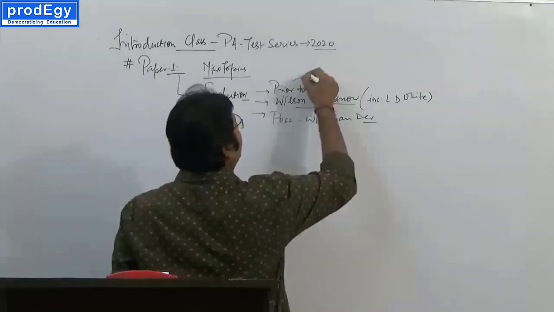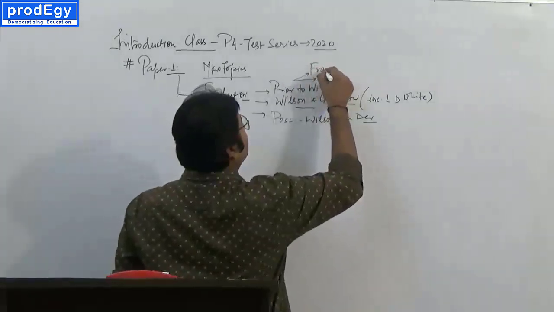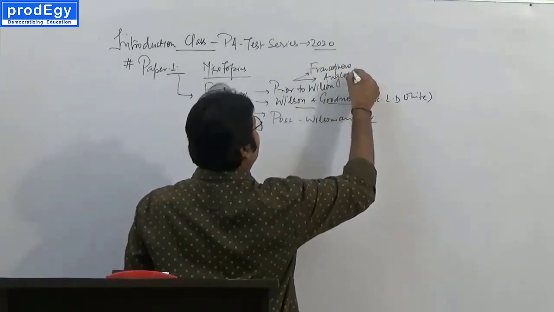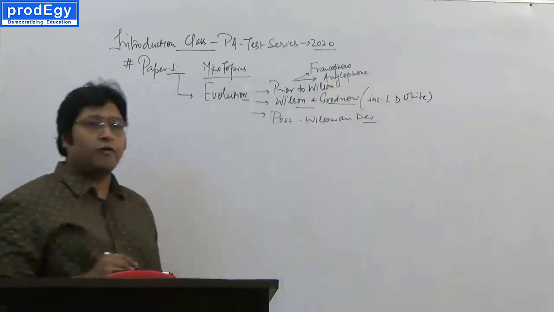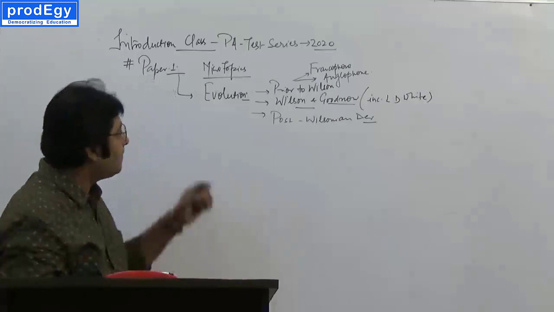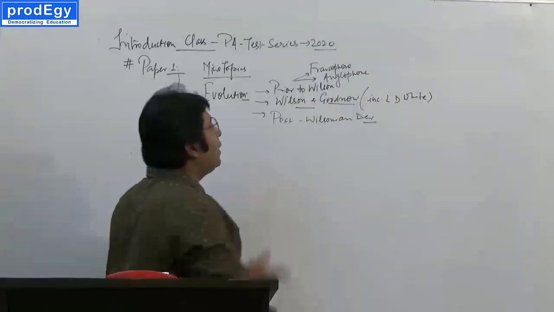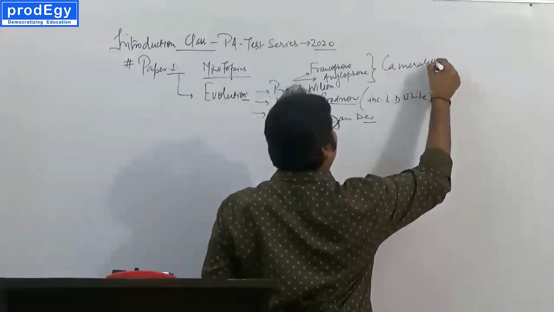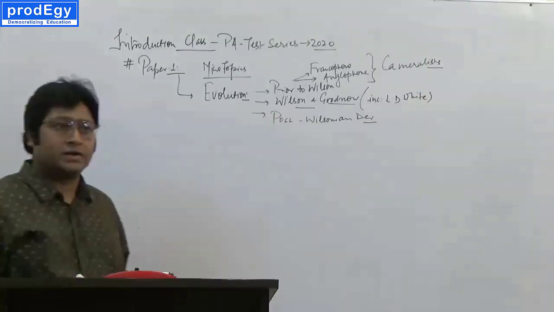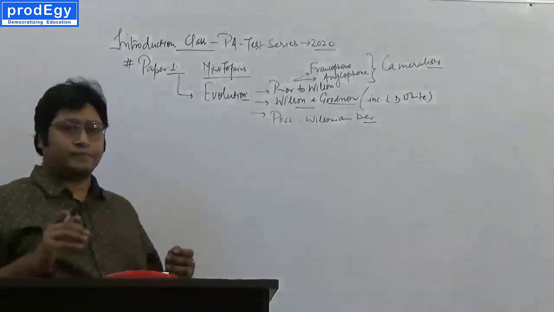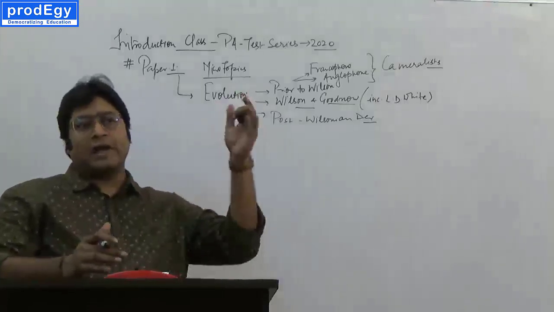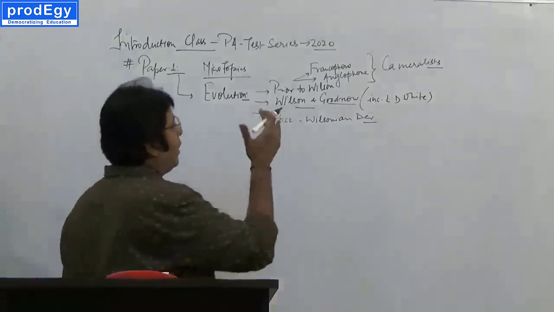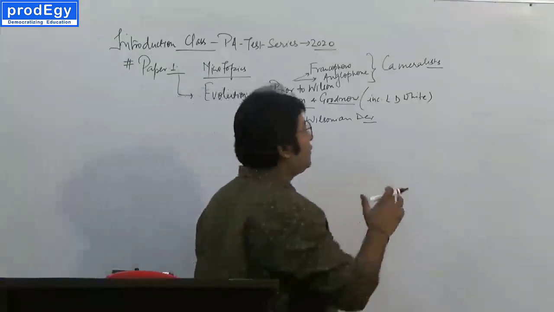For example, when you talk about or divide this into Francophone and Anglophone traditions. Right? So from here you can start it, okay, or the contribution of Cameronists, right? So you can use all this logic and arrive at how prior to Wilson certain developments were there. Fine. You can also include your perspective of